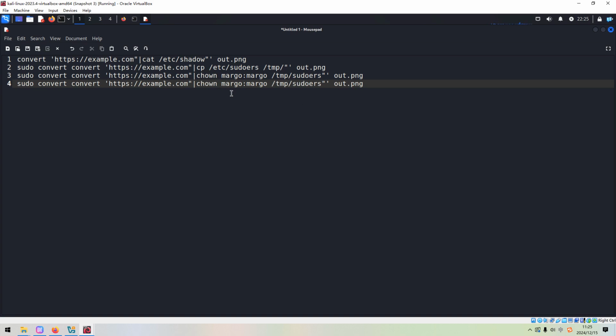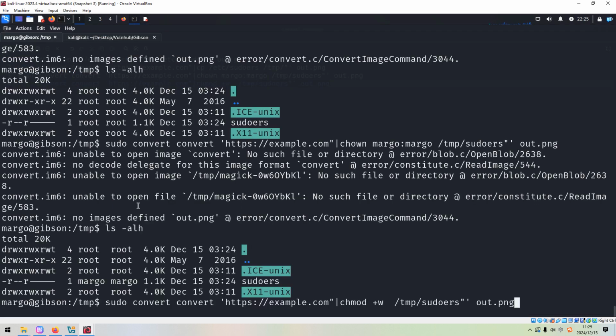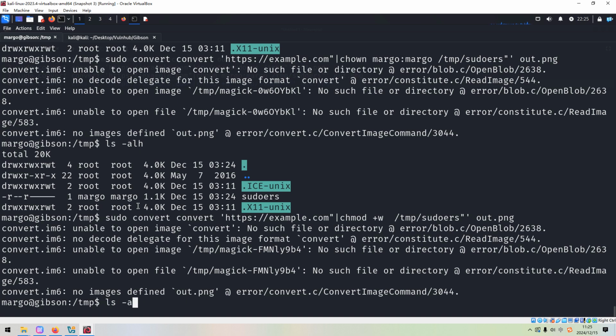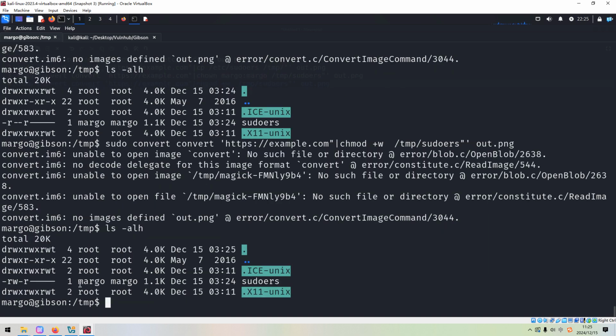We can change the mode. And then we can copy and run it again. This time, Margot can modify this file.